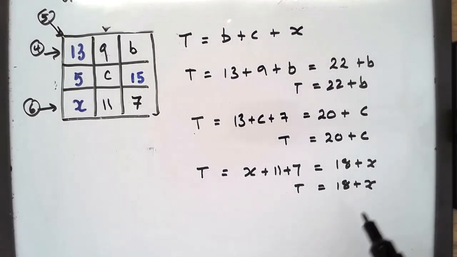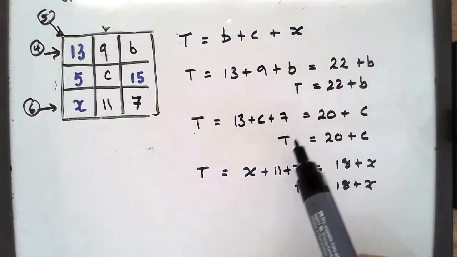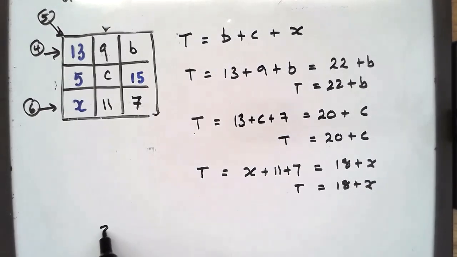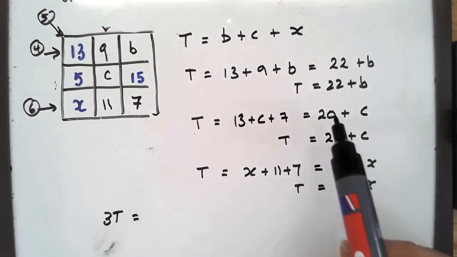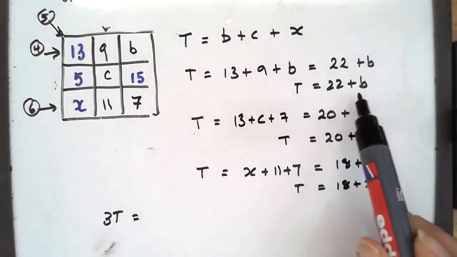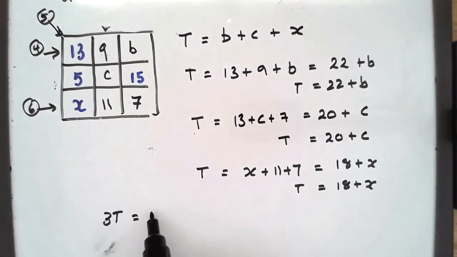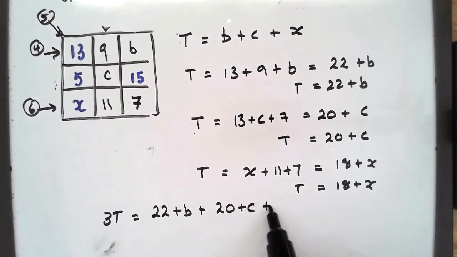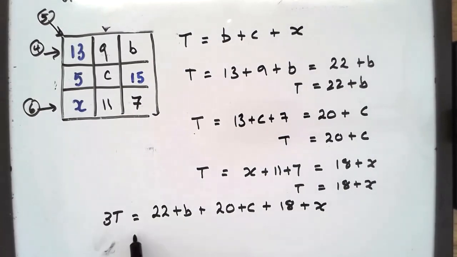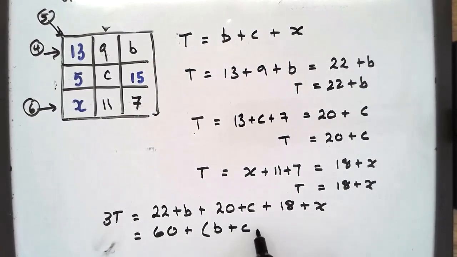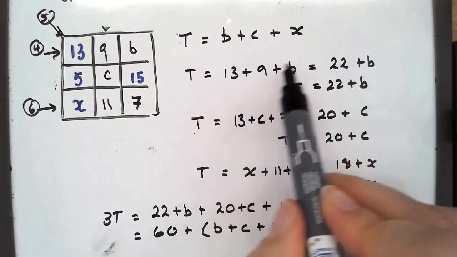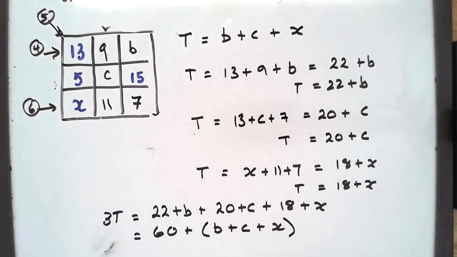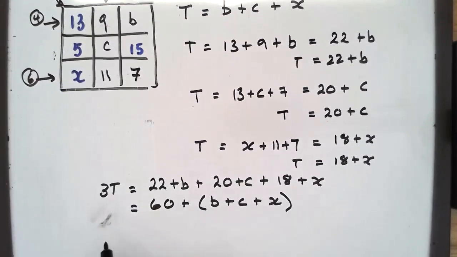And if I add those 3 together, the left-hand side, T plus T plus T is 3T. Just going to move that up a bit. And then if I add these 3 together, 22 plus B, 20 plus C, etc., and simplify, I end up with B plus C plus X, which is what we were trying to work out here, and that equals T. So if I substitute T back into this,